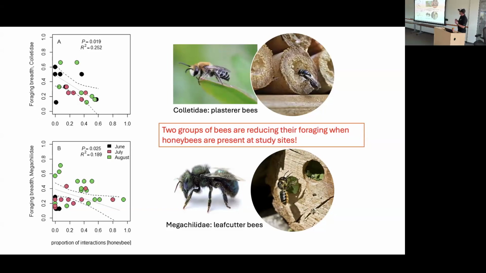In other words, plaster bees and leafcutter bees won't forage on plants that are known hosts for them when honeybees are around. Their behaviors are changing. I don't know why this is, and we haven't documented this, we haven't gone down this rabbit hole, but this is the kind of thing that starts to make me think about mechanism, right? We've documented some strong patterns through a series of empirical studies, and now I think we're at a point where we can begin interpreting and testing the mechanisms that drive these changes.